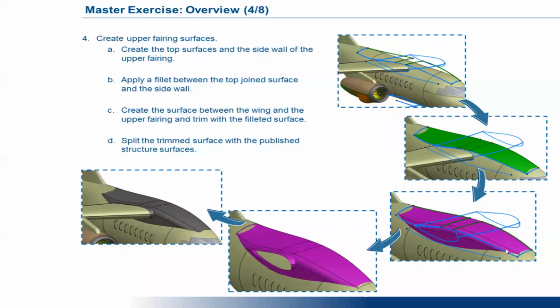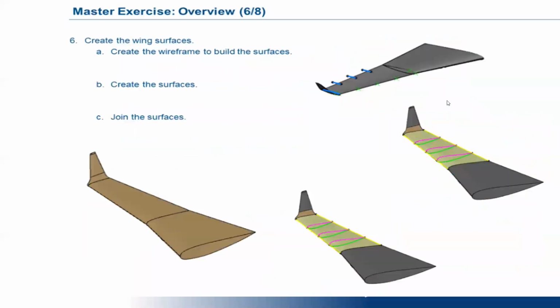On the upper fairing, the same kind of data will be given, so we will develop it one by one. Once we develop the data, we will complete and finish it. There are fillets and joint surfaces, everything will be together and we have to do it one by one. And then we have the wing. On the wing surfaces, they will have one side of the wing and the end of the wing. In between there will be no surface.